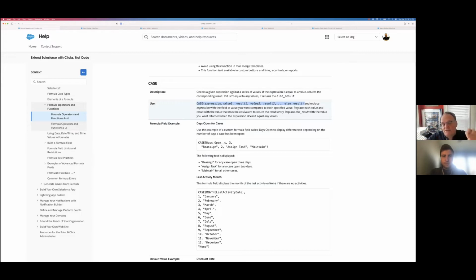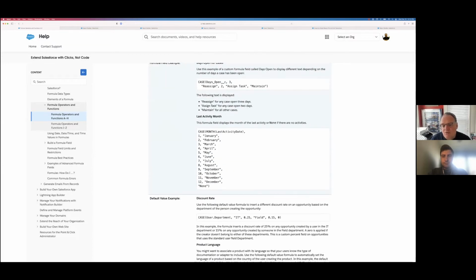Okay, so don't get confused with the word case and the word case on the Service Cloud. This is just a function that helps us, and we can say, in the case of the account industry, if it's this value 1, like agriculture, then return this value. This was a way to do bucketing before bucket fields, was we'd use the case, but it's really useful. We'll do an interesting example, but here's a nice use case of the case function, for example. So this is the help on operators and